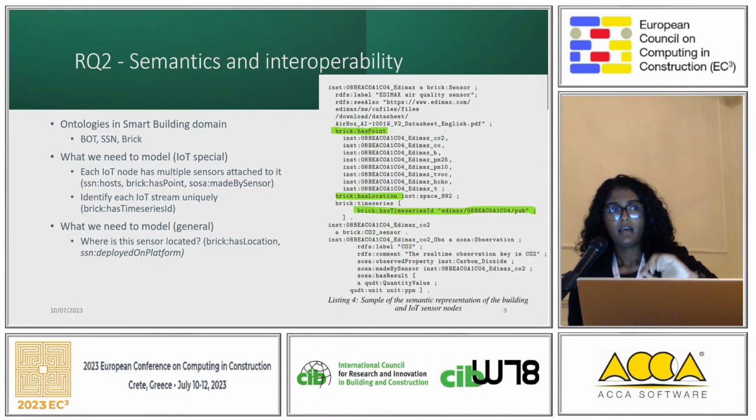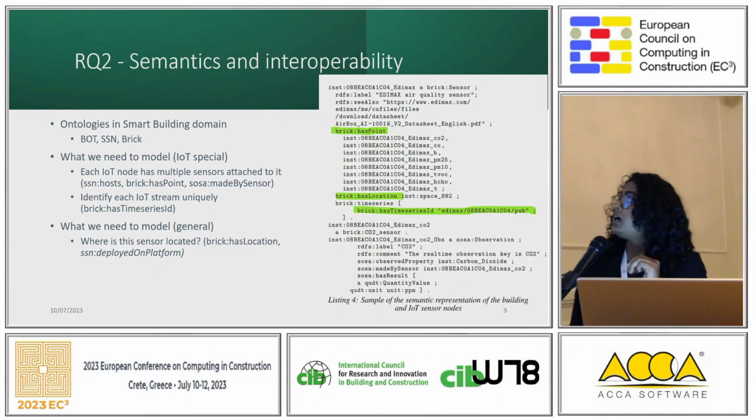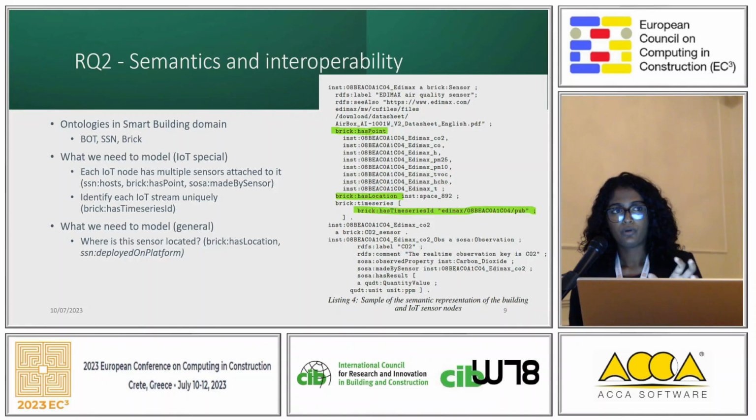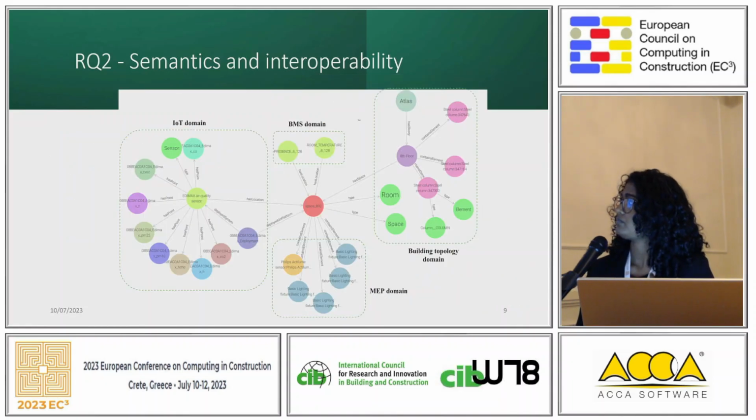So this is the part of the graph that is very relevant to this particular IoT node. Assuming we already have a semantic graph of the building already built using the BOT ontology or an IFC-to-RDF converter, or we have mapped the building management system using the Brick ontology, we can integrate this component with an existing graph, or this can be a graph on its own. So we have, in this case, the IoT domain on the left side, so we integrate it to an existing graph that we already have, which describes the topology of the building and the MEP domain and BMS domain.